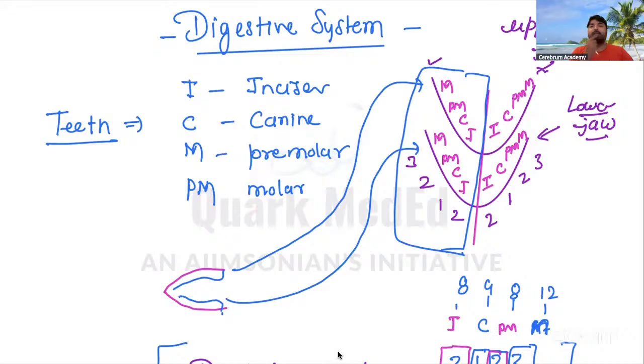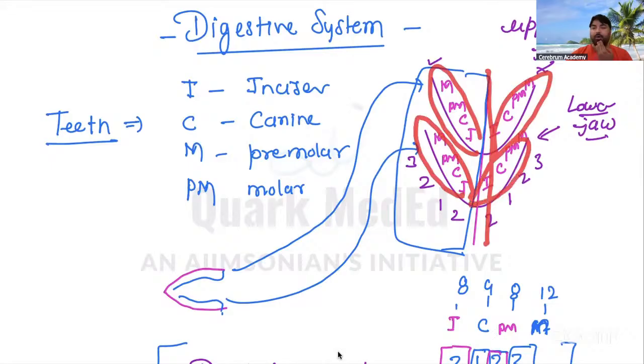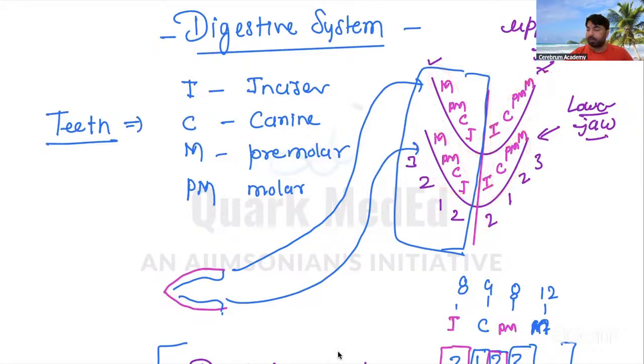This is our lower jaw, and this area is the upper jaw, right? If we open our mouth, we have one set of teeth on the bottom and one set on the top. Then we can divide it into two parts, the left part and the right part, and they have similar structure. The bottom left and right parts also have similar structure. So there is incisor, then canine, then premolar, then molar, on either side.